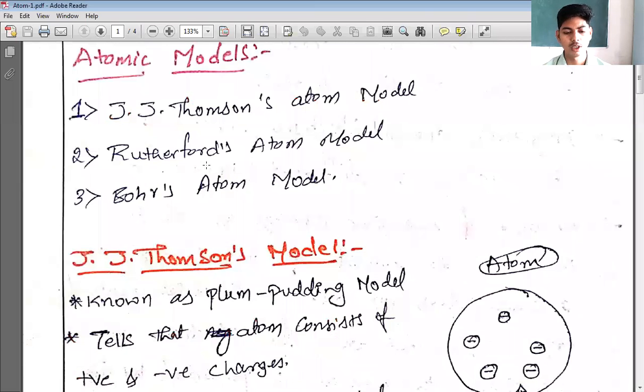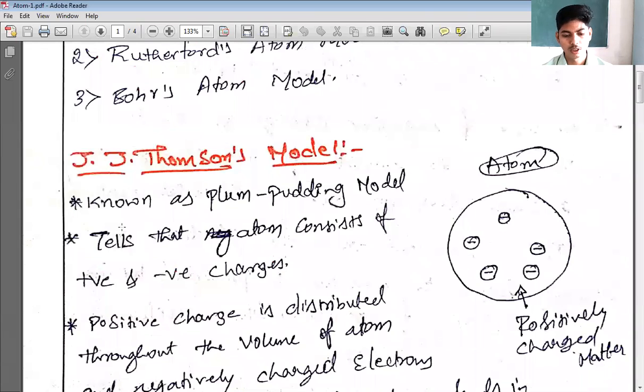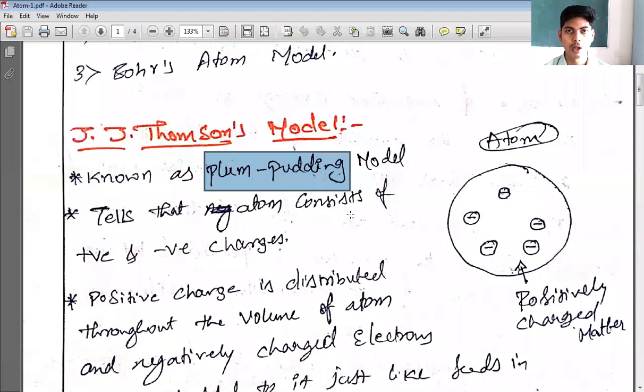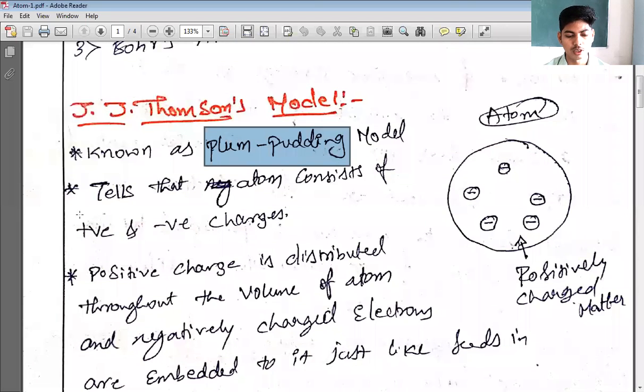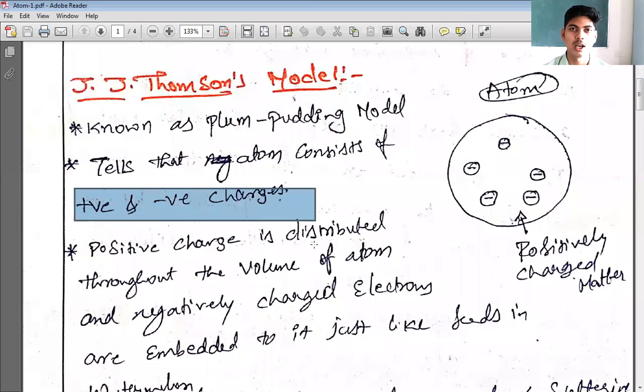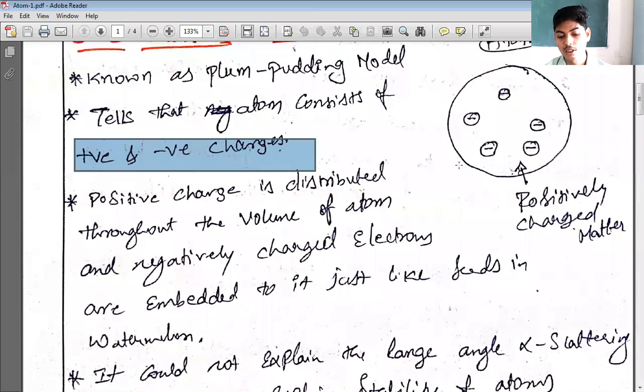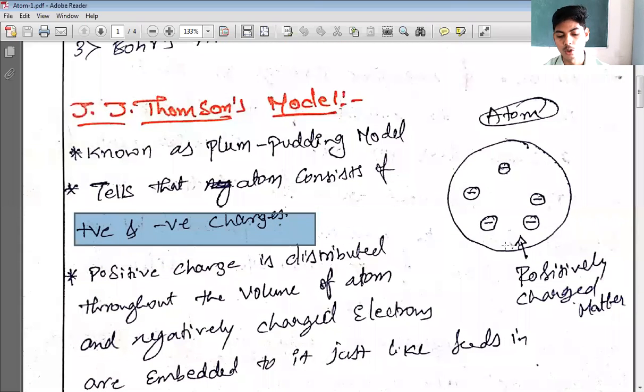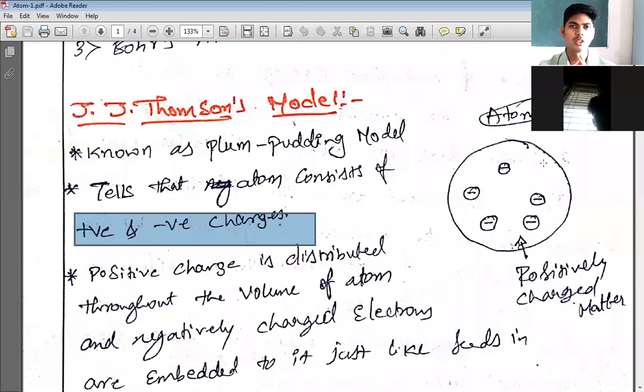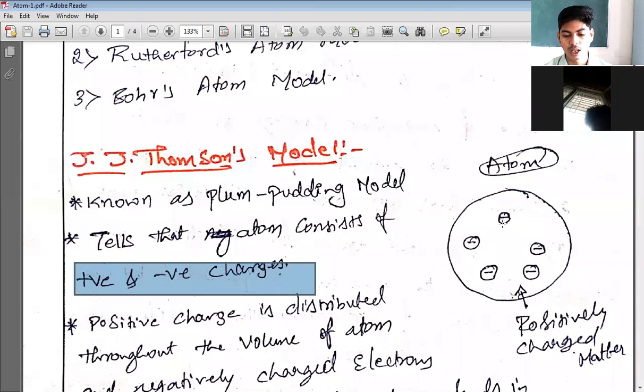We'll first try to concentrate on J.J. Thomson's atom model. See, J.J. Thomson's atom model is also known as the plum pudding model. This atom model tells that an atom consists of both positive as well as negative charges. J.J. Thomson said that positive charge is distributed throughout the volume of the atom. Positive charge occupies the complete atom volume, and negative charges are embedded in this positive charge, just like seeds